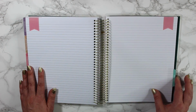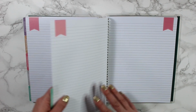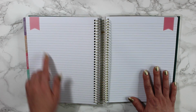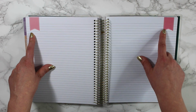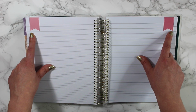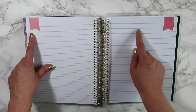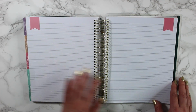All right, now moving on to the note pages, they do repeat the same patterns again, so you have a couple different pages of each. So the line note pages with the flag in the left-hand corner, and then this one in the right. I do appreciate that they actually put this on the right-hand side. I've seen a lot of planners keep the same layout and have the flag on the left, so it does seem a little off balance to me, but this